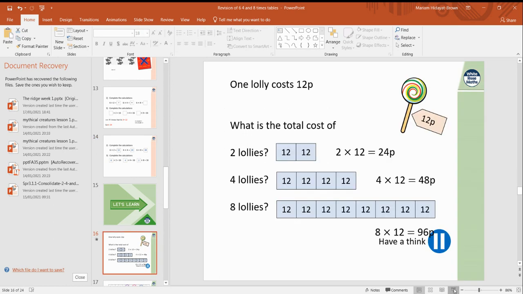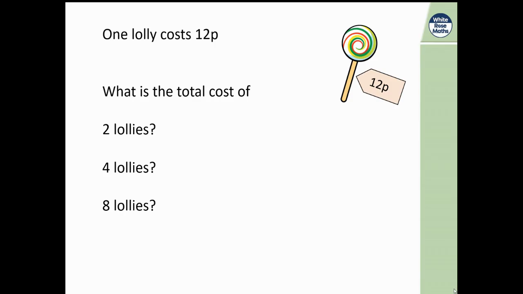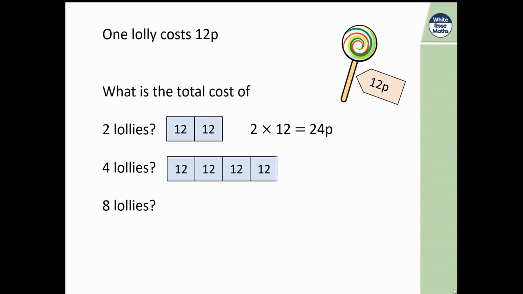Okay, let's see now if we can write as a multiplication equation the total cost of 2 lollies. Now to do that, I could write it as a bar diagram like this: 2 lots of 12 and a multiplication in this way. Could you write me a bar diagram and a multiplication for 4 lollies and then 8 lollies? Pause the video and do that now. So you would have written your 4 lollies like this, 4 groups of 12, and using your doubling, I know